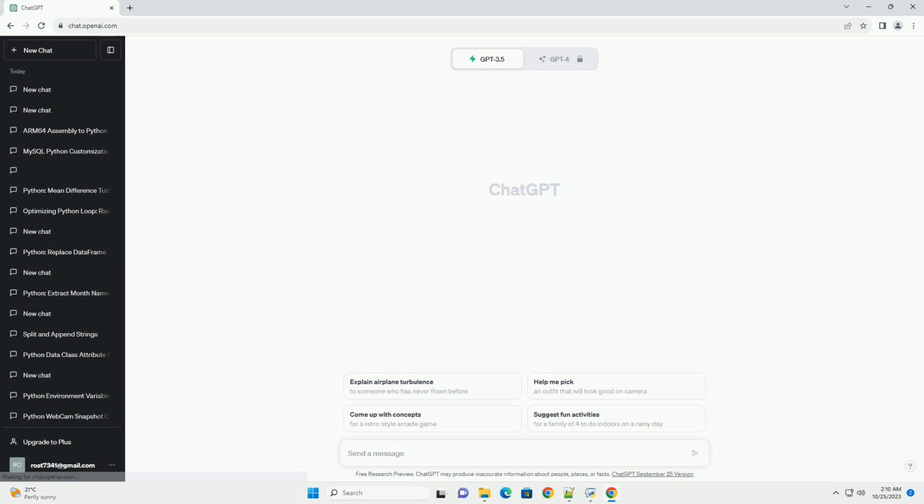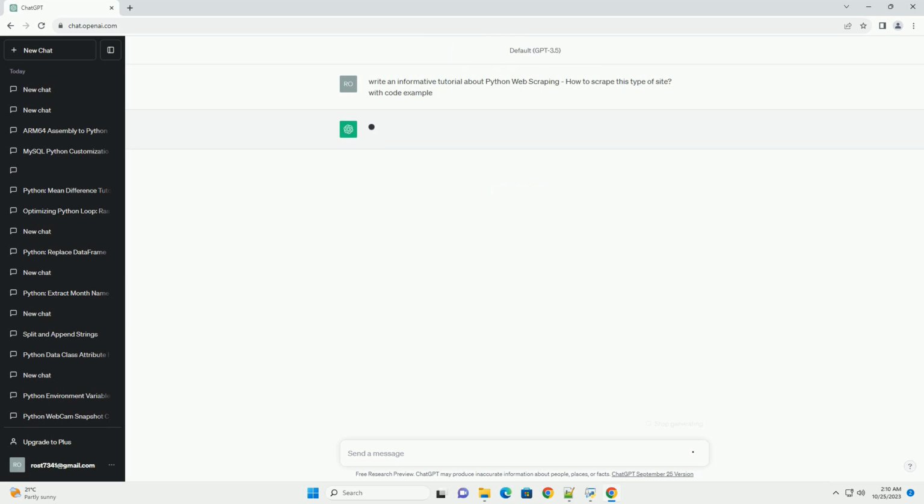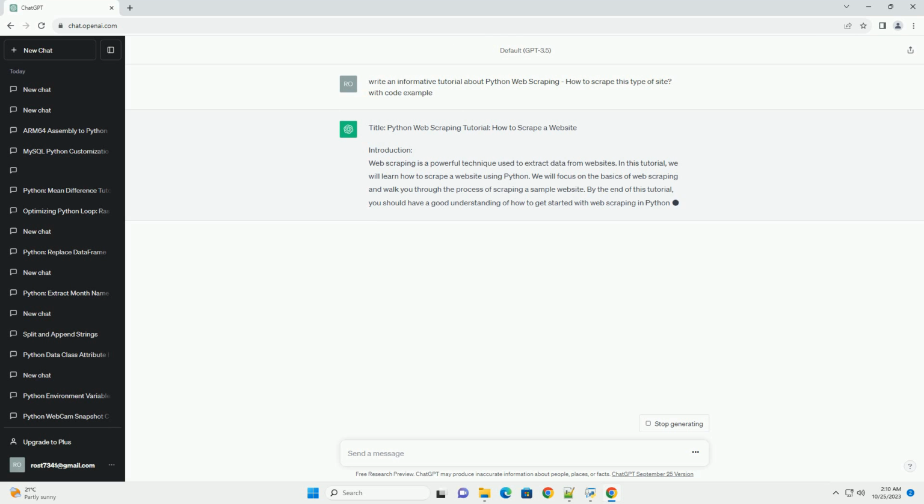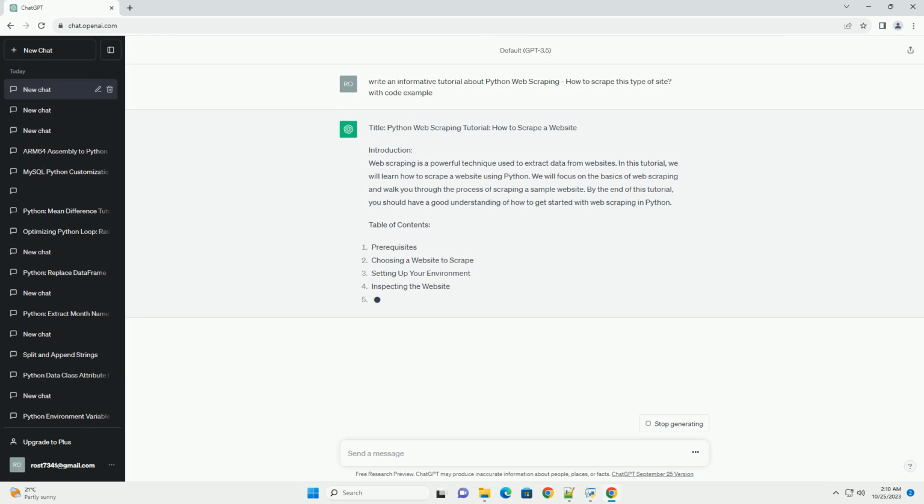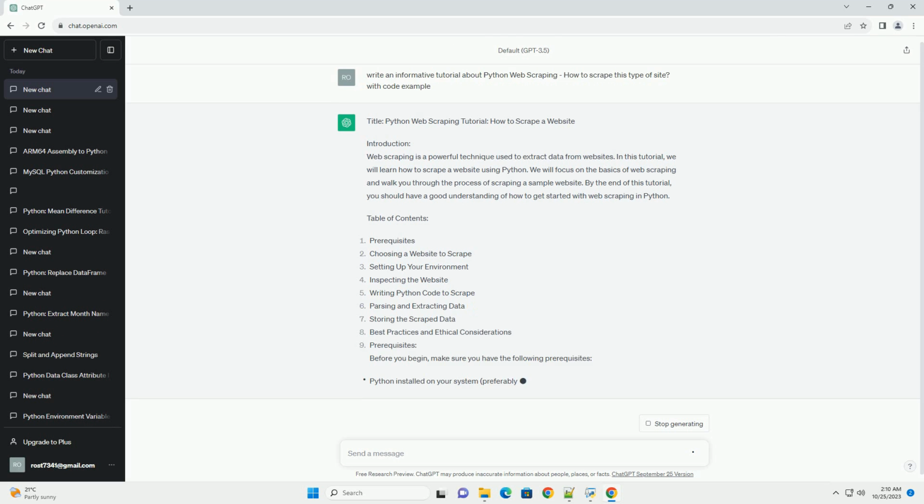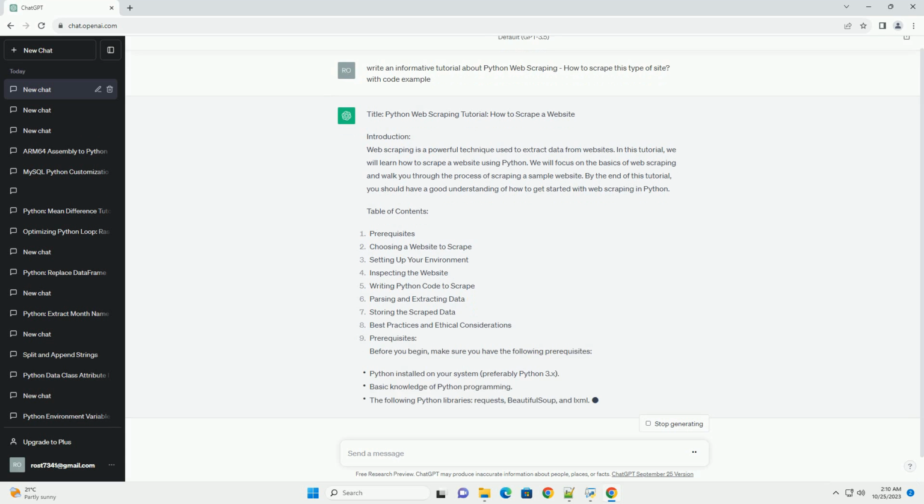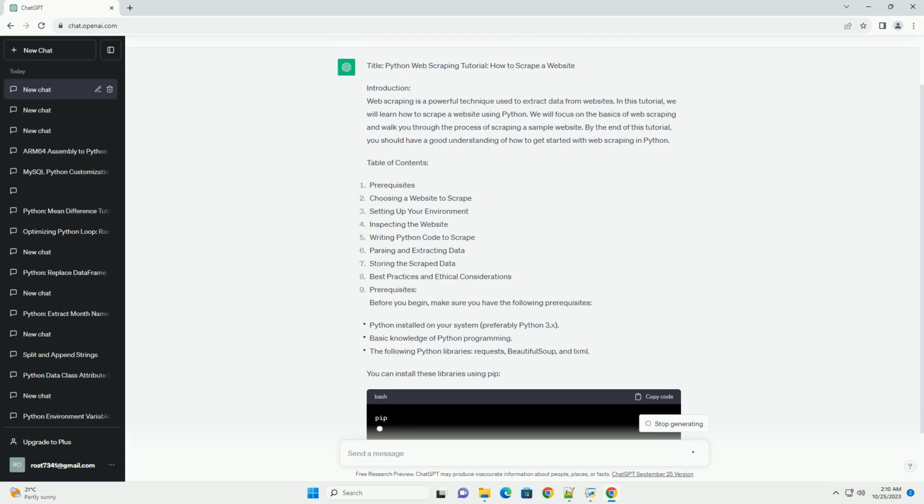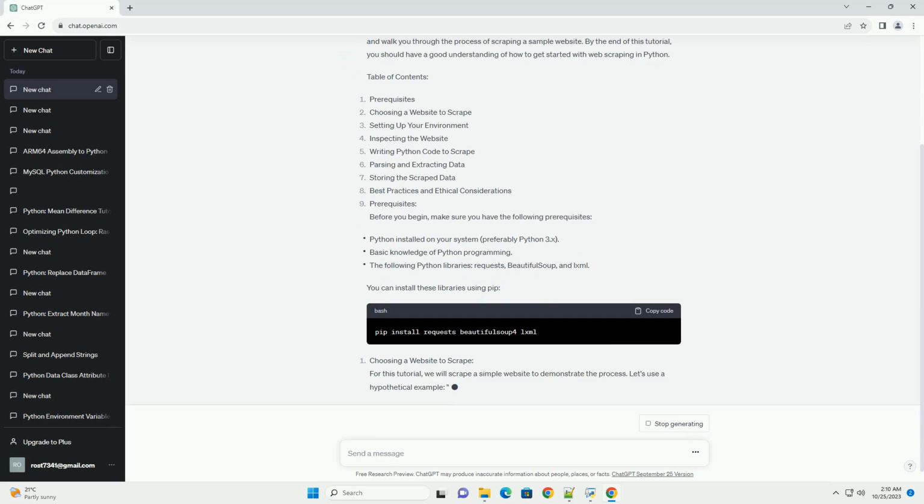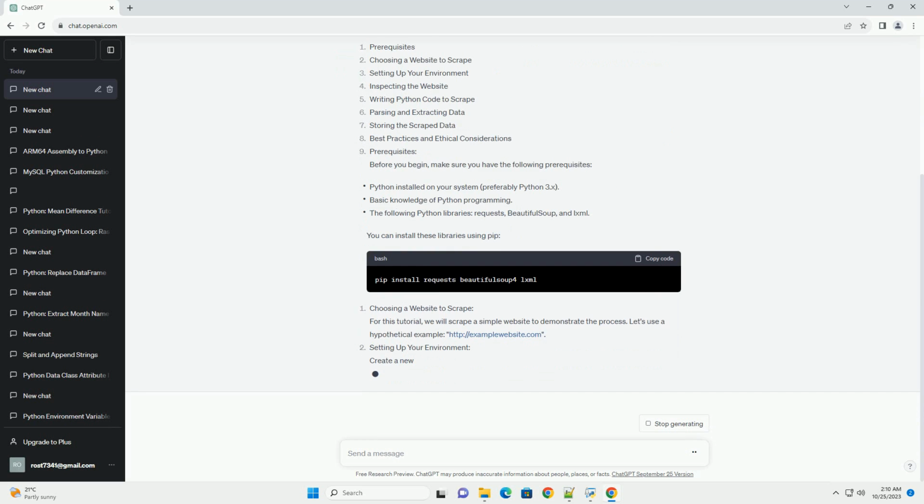Title: Python Web Scraping Tutorial, How to Scrape a Website. Introduction. Web scraping is a powerful technique used to extract data from websites. In this tutorial, we will learn how to scrape a website using Python. We will focus on the basics of web scraping and walk you through the process of scraping a sample website. By the end of this tutorial, you should have a good understanding of how to get started with web scraping